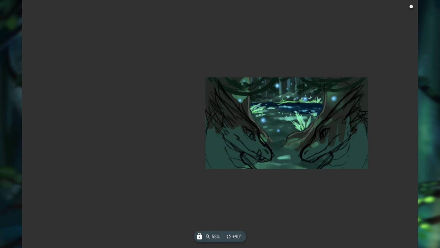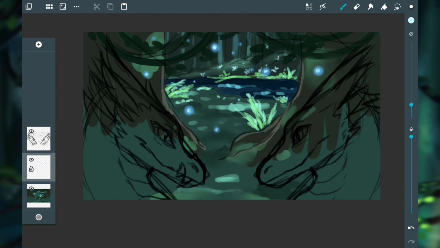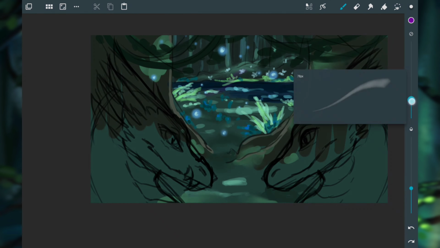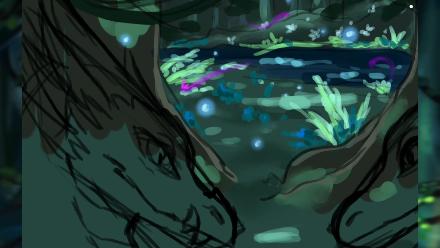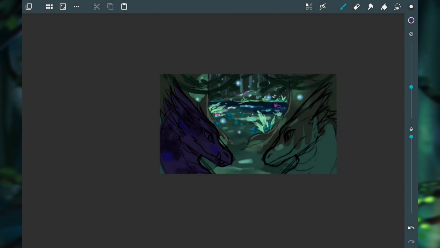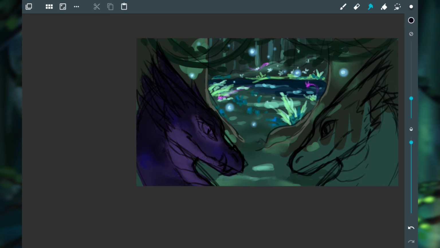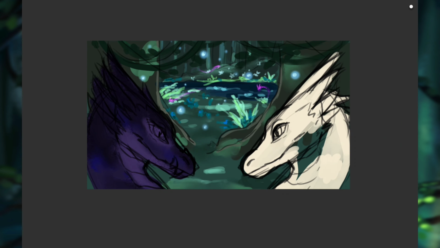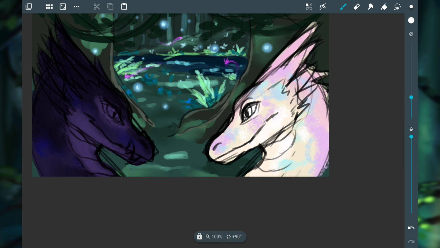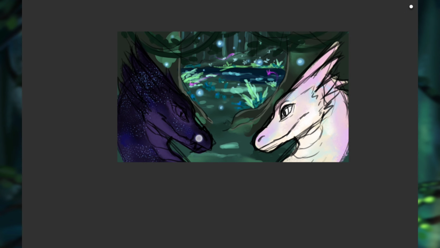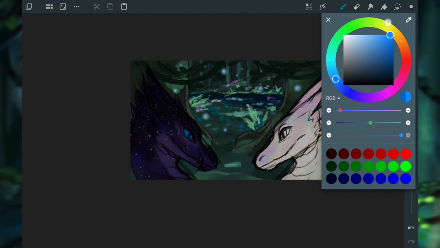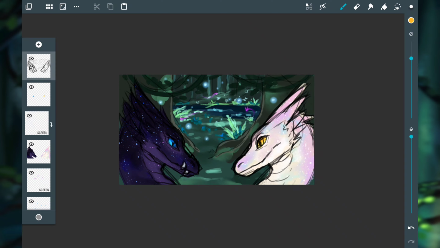To give me an idea of what to draw in the banner, Kaz sent me a beautiful description of a hidden hollow underneath the canopy of thick trees. They didn't actually give me descriptions of the dragon, but more a feeling of where to go from there, and I got the feeling they were both a protective and welcoming presence. So I decided to go with a sort of yin and yang colour scheme, with one of them quite dark and one of them light, and I wanted them to feel kind of cosmic or godly, so I also speckled them with stars and tried to make them look a bit galaxy-like.